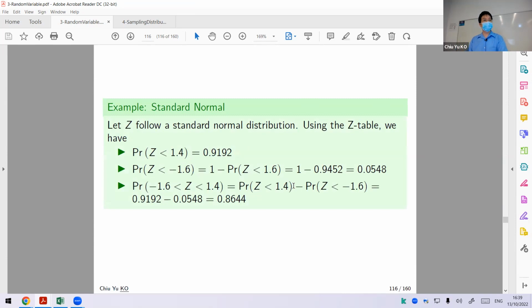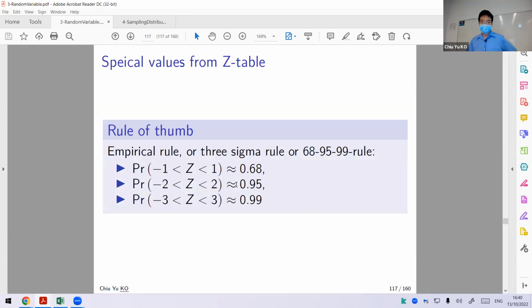Then you will know how to handle these problems, right? And these are the examples that have been done, and then you should try to figure them out by yourself. If you are unable, or you didn't fully follow, or you forget, then you try to figure that out. And this is the empirical rule, which essentially says